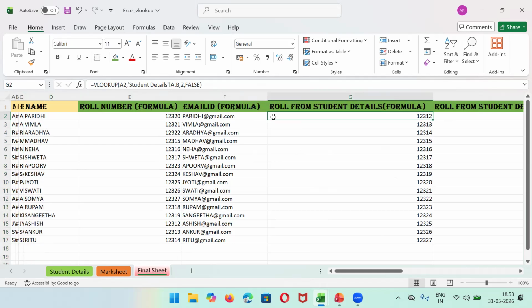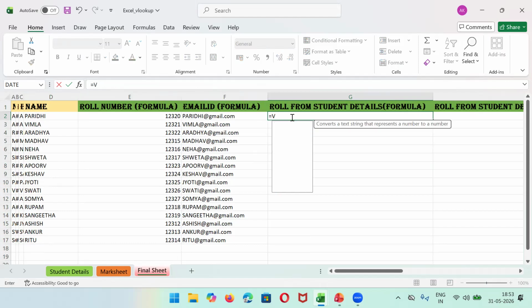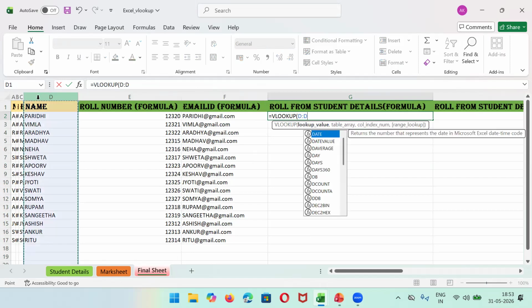So first, similarly, whatever you have written earlier, you will write it here. Only the syntax is a little bit different. So you will again write equal to VLOOKUP. Now you have to put the lookup value. I want to find the roll number for these student names, right? So I will put here